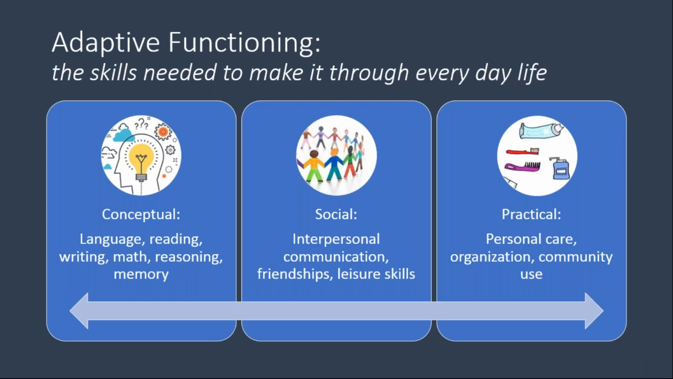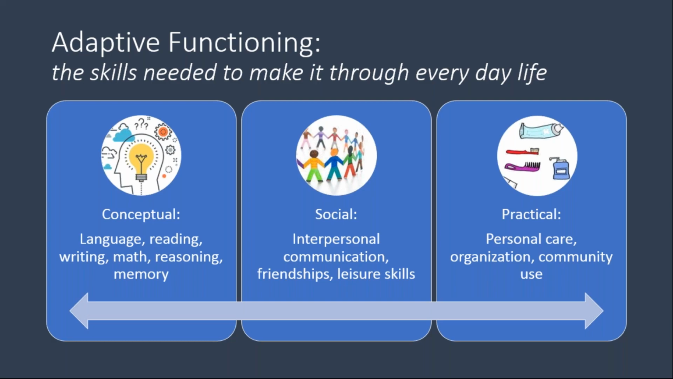But as I mentioned before, we also have to look at adaptive functioning. And like I said, adaptive functioning are the skills that are needed to make it through just everyday life. Okay, so when we think about conceptual adaptive functioning, that often includes language and communication. It includes our ability to read, write, do math. So those academic skills tend to fall under that conceptual area. Our reasoning, perhaps our memory, our ability to hold on to information. So all of that falls under this conceptual area of adaptive functioning, and that's an area that we're going to